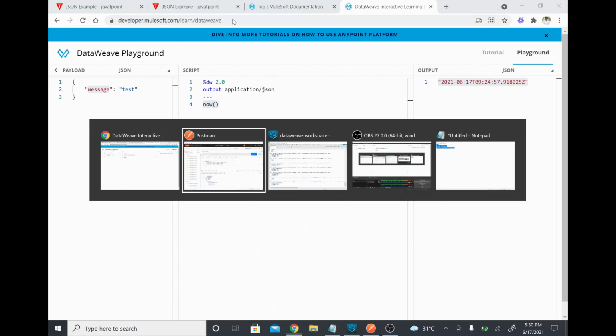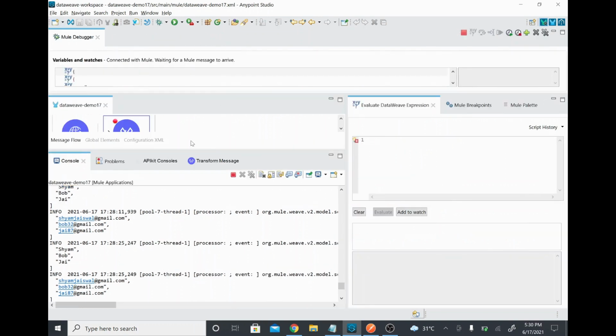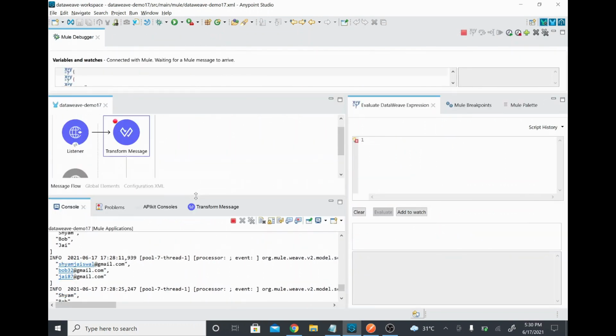The third one, we started our application in debug mode, changed things at runtime, and evaluated the DataWeave code through the evaluate option, and we saw the output as well. So if you want to fine tune something, or run something to see a different DataWeave output, you can change it at runtime, see the output, and after that apply the same thing in your code as well.